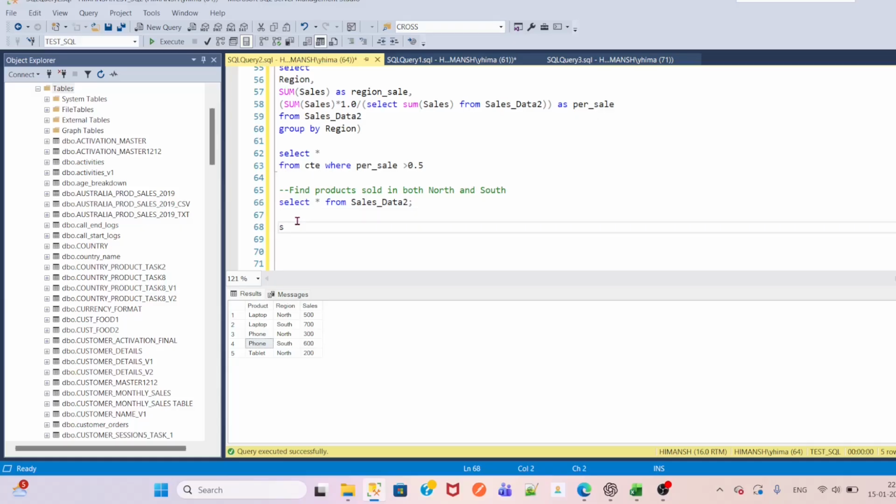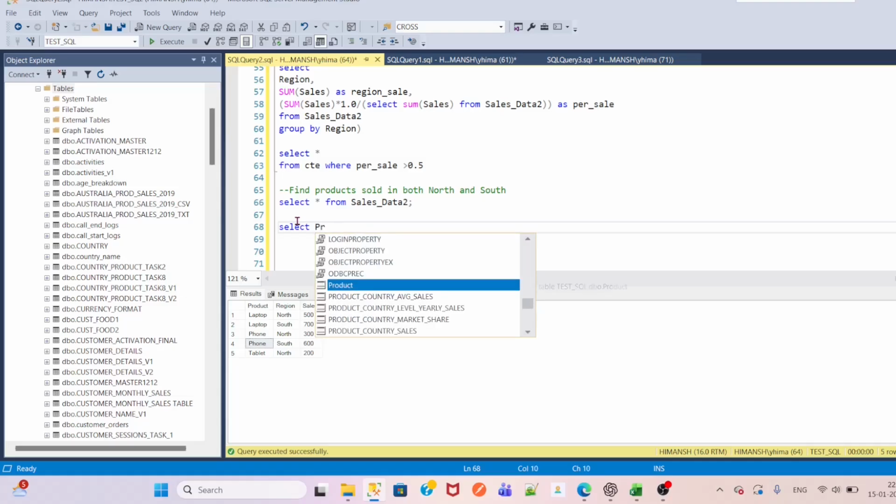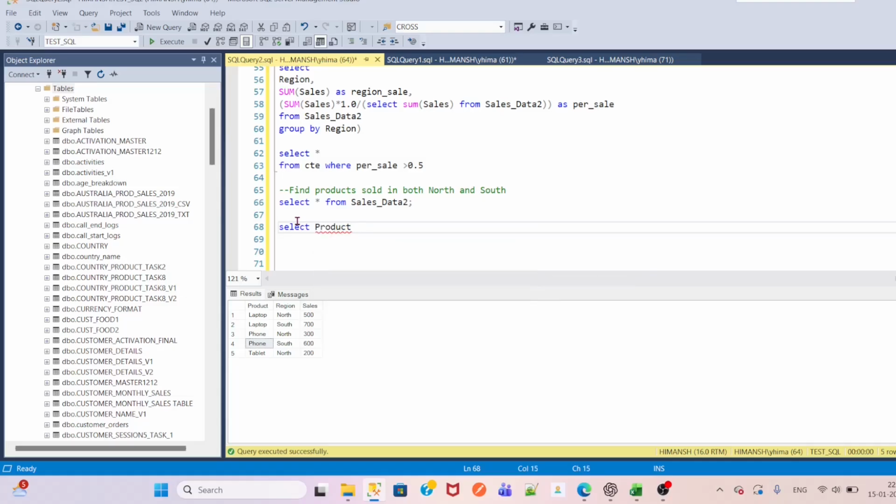We can say select first, simply straightforward. We will find the product which is sold in north region. So product from, you can say, this table,